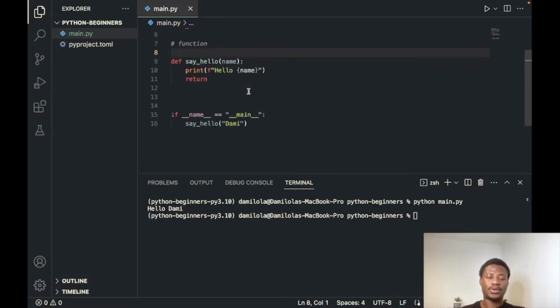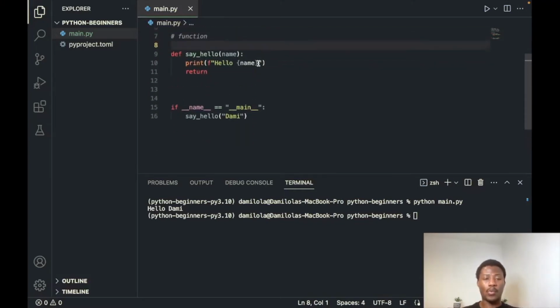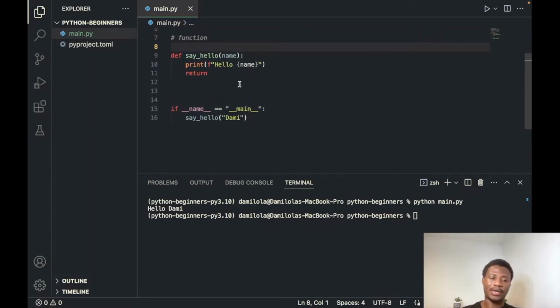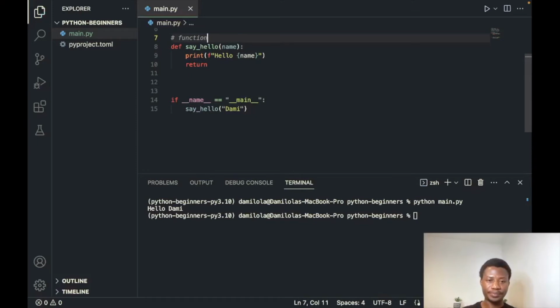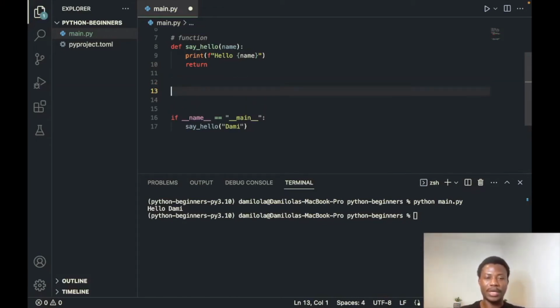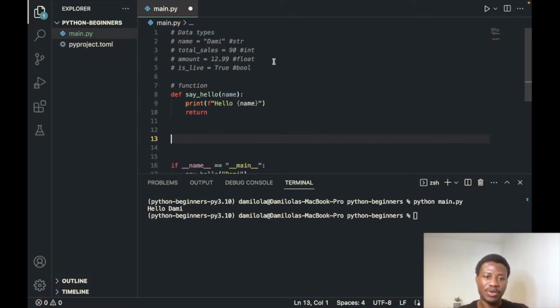All right, so we want to talk about something called control flows. There are a number of them. So we'll start with a very common one called if else. All right, let's create another function. Since we've talked about functions, let's play around with more functions. Let's create more functions so we can just build the muscle memory around it. So let's say